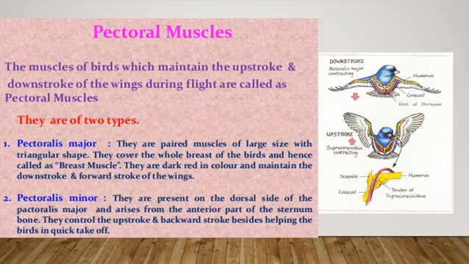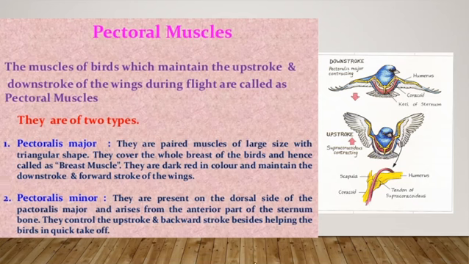Now the pectoral muscles may have 2 kinds. These muscles maintain the upstroke and downstroke of the wings during flight, and are called the pectoral muscles. We have 2 types, the pectoralis major and the pectoralis minor. These are paired muscles of large size with triangular shape. They cover the whole breast of the birds, and this is called the breast muscle. This is your favorite. They are dark red in color and maintain the downstroke and forward stroke of the